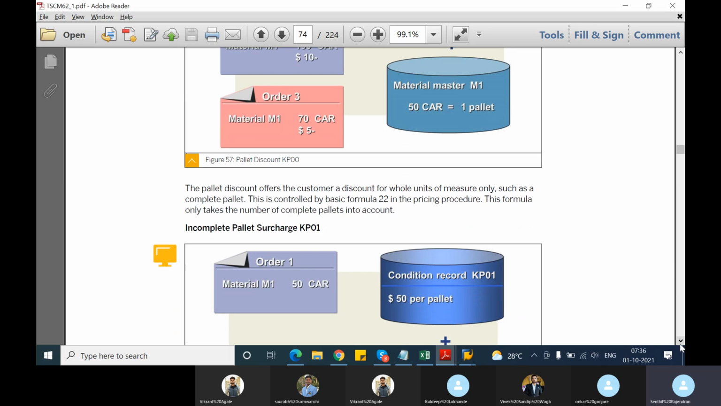Now if the customer is trying to order incomplete pallets, like if they don't want to order a full quantity which makes up a pallet, then the pallet will become incomplete, and it will be an additional expense for us to ship those incomplete pallets. So we are trying to find the customer. So surcharge means you are trying to find them. So now for example, this condition record KP01 which says that if you have one incomplete pallet, you will be